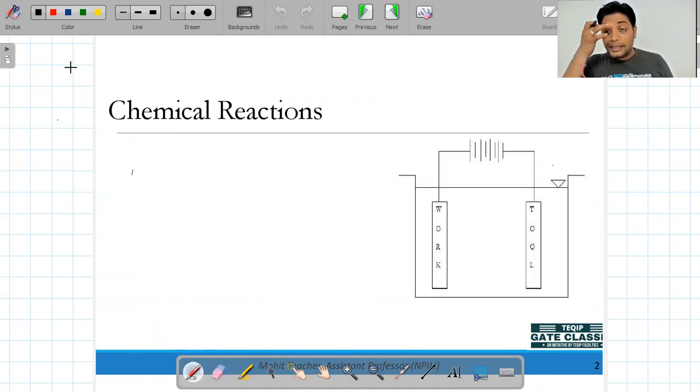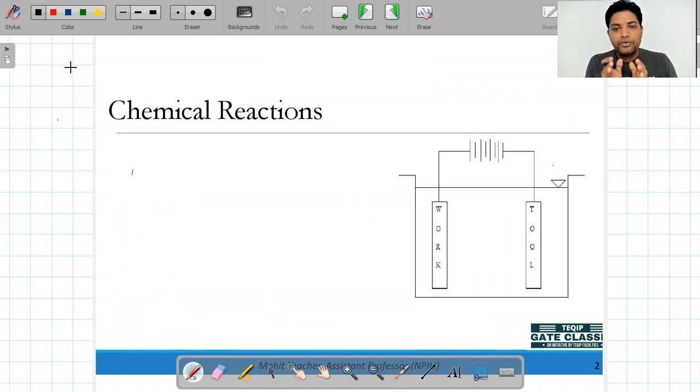Okay, in this lecture I am discussing two things. Why am I saying two things? Because if you look, there are 2 or 3 books in the market. If you prefer any one of these three, in some of the books the chemical reaction is based on pure water, meaning only H2O, and in some of the books it is based on salty water. So I am taking both examples. In this slide we will discuss H2O. In the next slide we will discuss salty water.